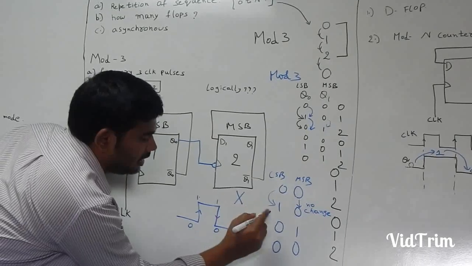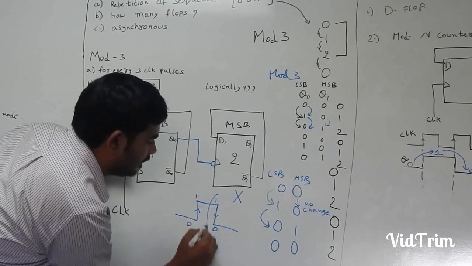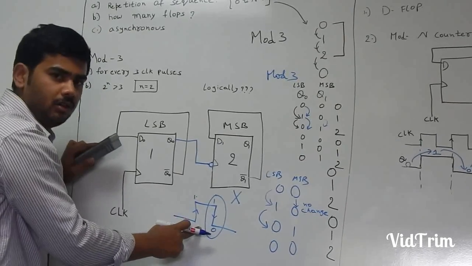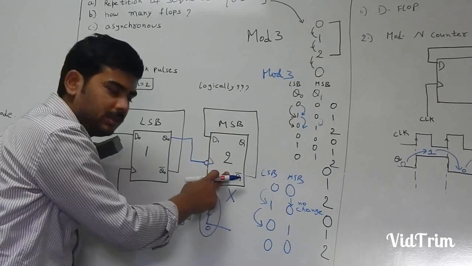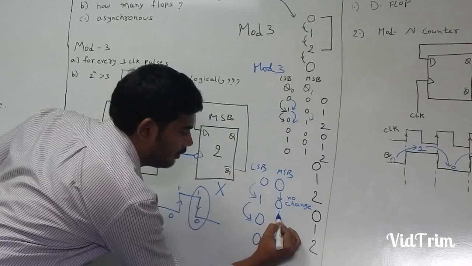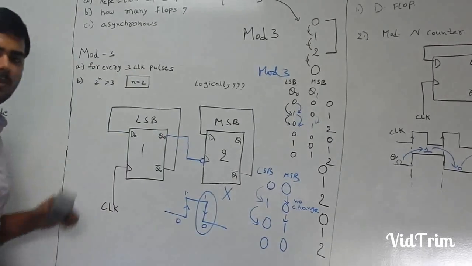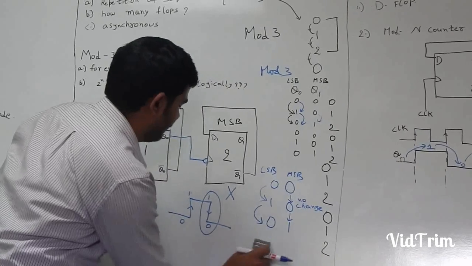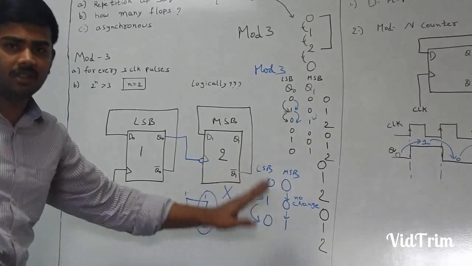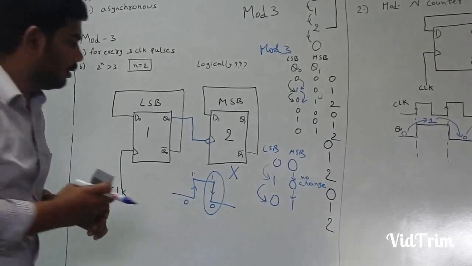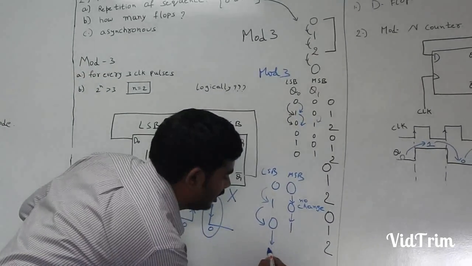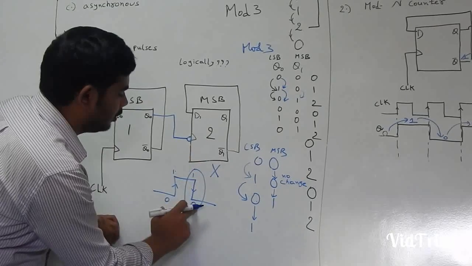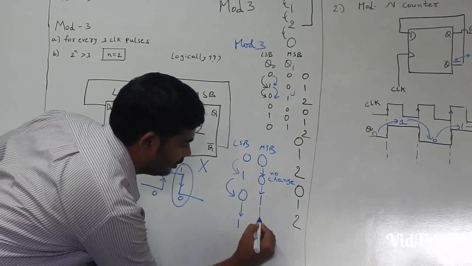Now LSB is changing from 1 to 0. So what this clock requires is this transition only, no? So definitely it will toggle. Yes. So it will toggle from 0 to 1. And now this process repeats continuously. Yes or no? Because 0 again will change to 1, a 0 to 1 transition, but it requires negative edge. So it will not change, it remains unchanged.